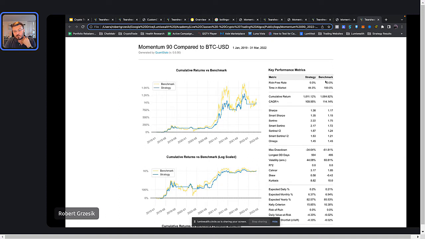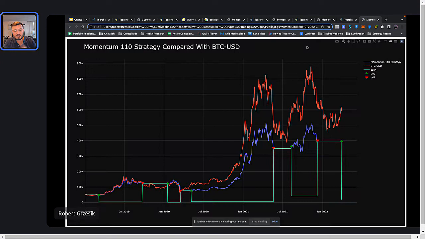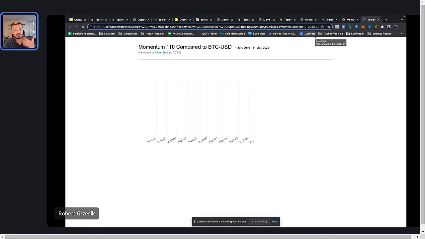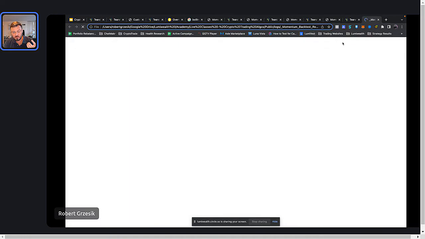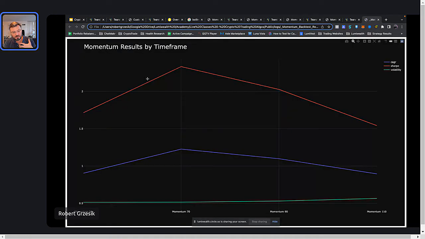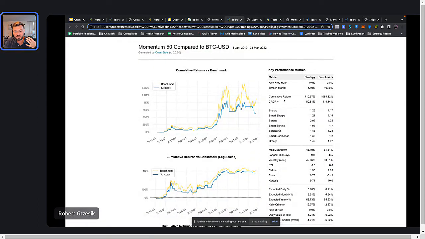And you'll see here, there's going to be one more that comes out. But I can tell you with a certain degree of confidence that I would actually like to take the 70-day, right? And I'll even show you why. Here's a graph of all that. Here's the 70 momentum, the Sharpe ratio, the return, which is 1.22% or 22% or 122%, sorry. And then you see it kind of peaks out at 70 and starts to drop back down at 110. I could even go here, momentum of 50.